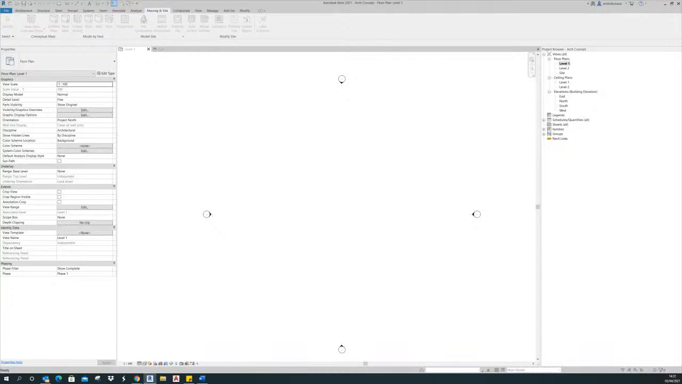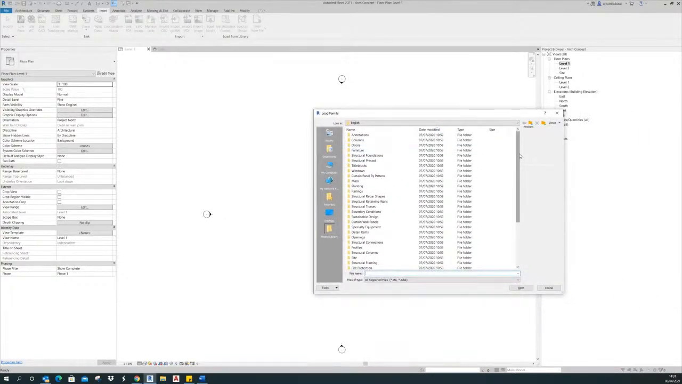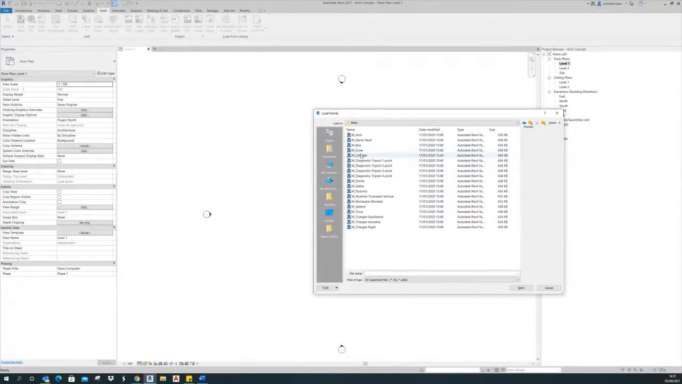I think we need to insert. Let's insert a family from our mass family. Under the family library, we have what we call mass. And then let's select this